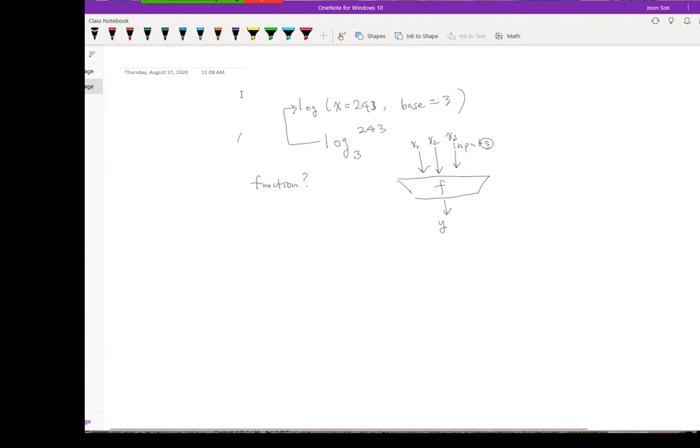Usually there's only one output, but a function can actually generate more than one, like y2 and y3.